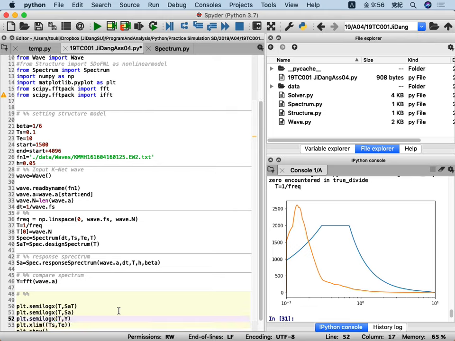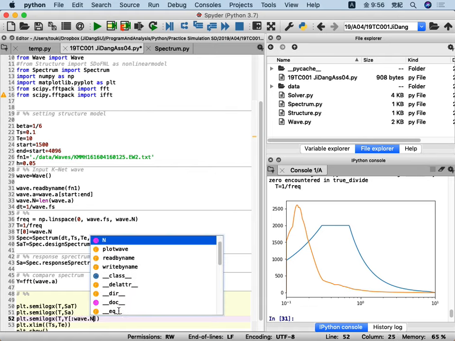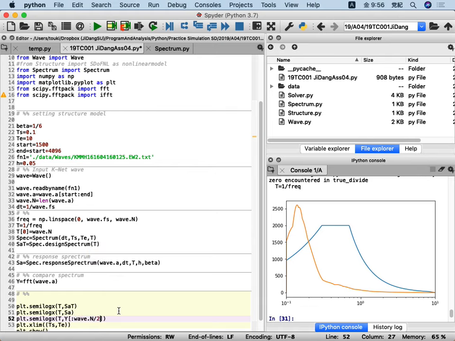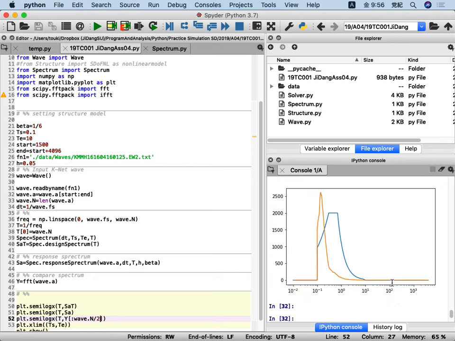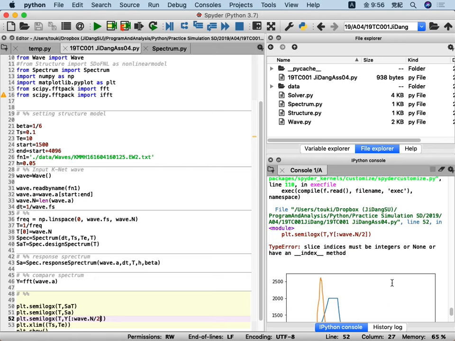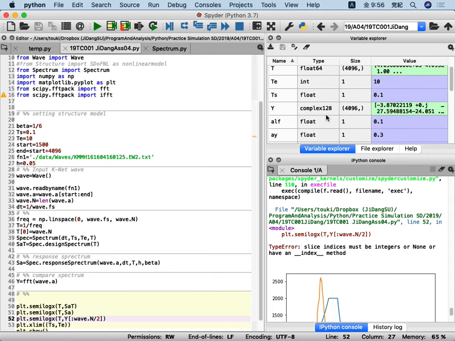Y, of course, to wave dot t. See. Not working. Yes, because it becomes complex, so you cannot plot it directly. But